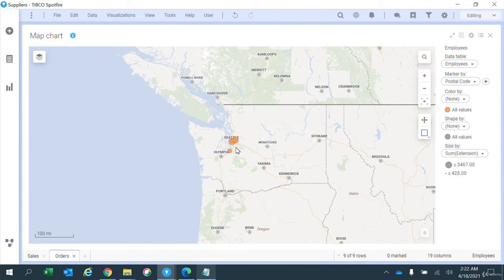So these are map charts, pretty handy. You can choose these layers and all of this, and it's pretty good. You can experiment more around it, and I'm sure you would love creating map charts. I love creating map charts in Spotfire. So in the next section, let's look further at more